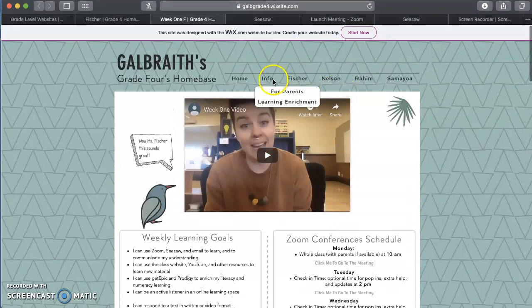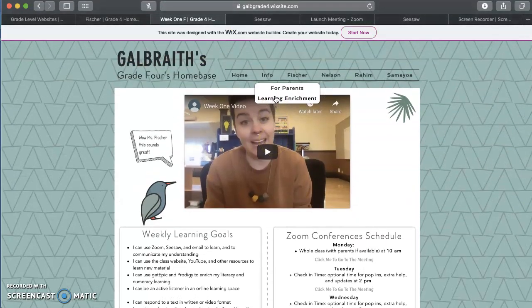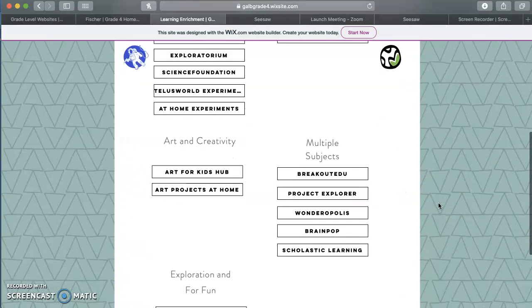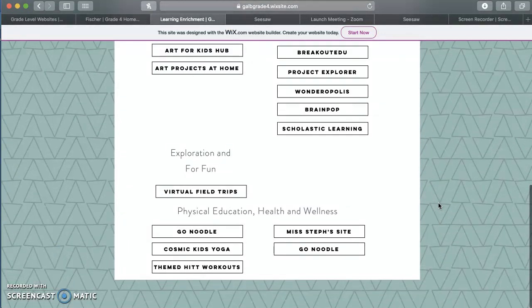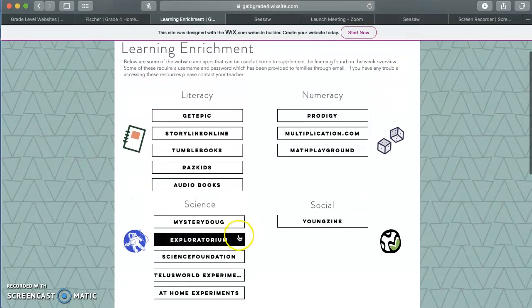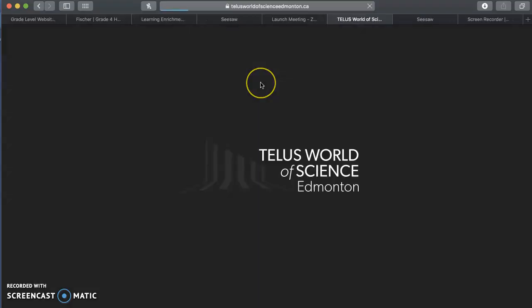Another tab you might want to look at is this Learning Enrichment tab. It's under Info, or you can click on it through our main page. And that's where you can find all these websites and links to different activities that you can do. We'll be updating this all the time. So for example, if you wanted to do a science experiment today during some of your flex time, click on it and it'll take you